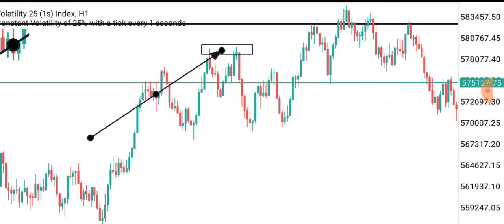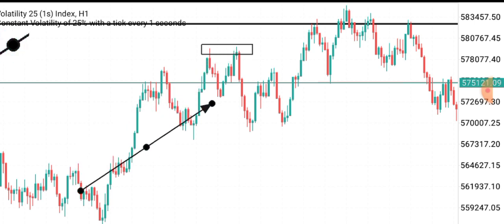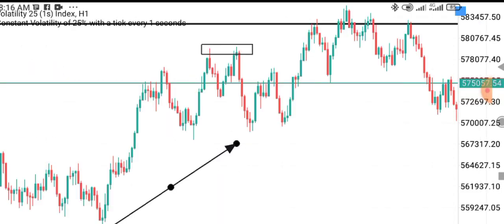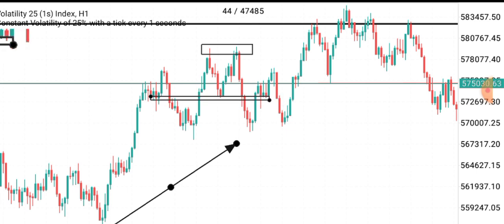I noticed this was a double top. Then all I had to do was just to, and the market was somewhere around here when I saw it, I think so. Then I had to just mark out the neckline to wait for the market to break and close below it, so I can easily enter a trade,